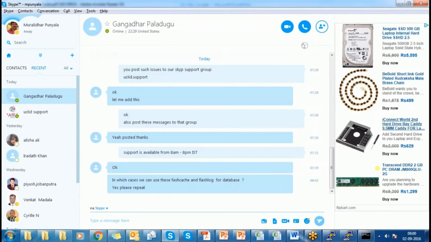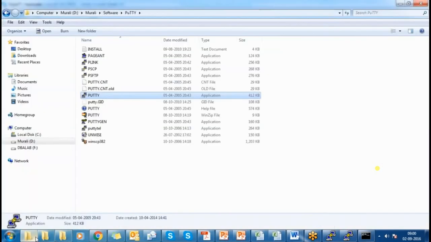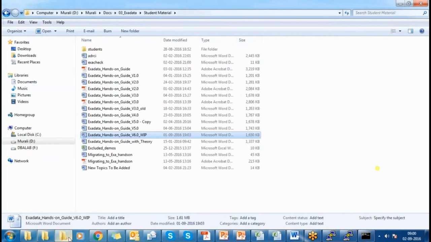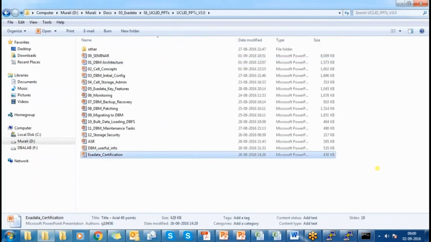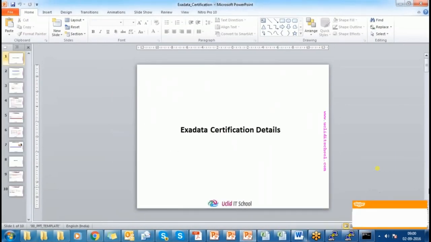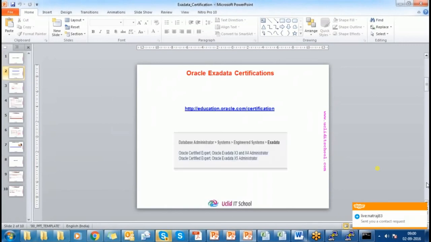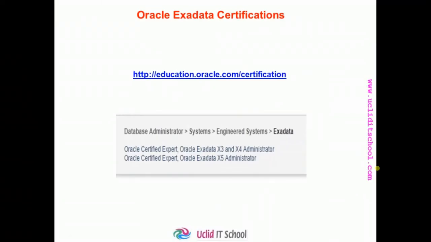Yeah, Exadata certification, nowadays there is only one certification, sorry. If you want, I can show you some slides related to certification. Anyway, that comes at the end of the course, but you may plan early if you know the things. Even though we are talking about the latest version, which is X6, certification is available up to the X5 version only.